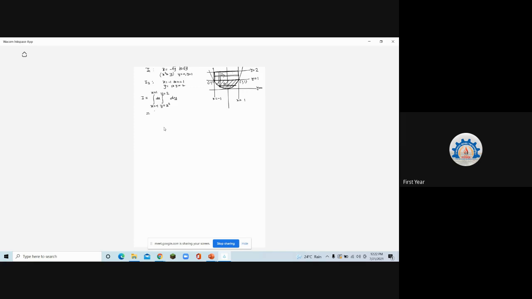You will be doing integration of dy, which is y from x square to 2. Then from -1 to 1, it is 2 minus x square dx. Integration of 2 is 2x minus x cube by 3 from -1 to 1. Put the limits. It is 2 minus 1 by 3 for the upper limit, minus the lower limit, which is -2 minus of minus plus 1 by 3. So 2 minus of minus plus 2 is 4. Minus 1 by 3 minus 1 by 3 is -2 by 3. 12 minus 2 is 10 by 3. That's the answer. Okay?